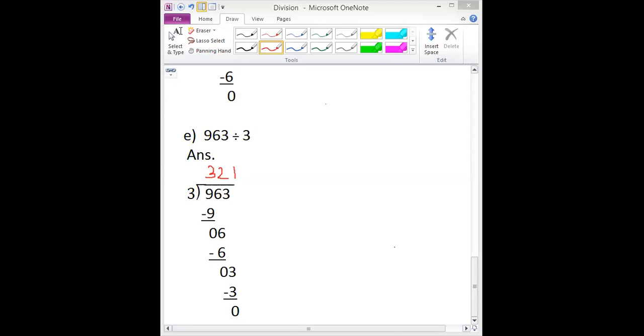Very good. Guys, you have to solve these questions at home again. Take a rough book or a rough page. Only write the question. Try to solve the long division by yourself and check your answers with the answers in the notebook. Check whether you are solving correctly or not, whether your answers are the same or not. And if you are stuck anywhere, if you have any doubt, ask me in the next class. Is it clear?